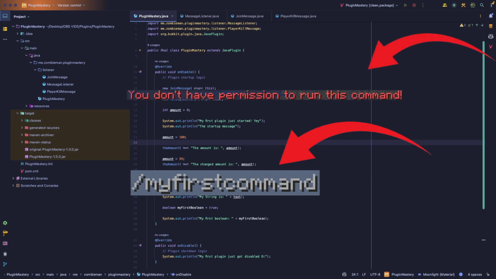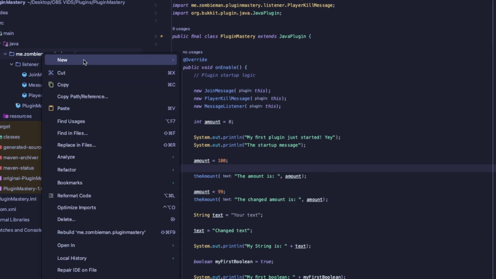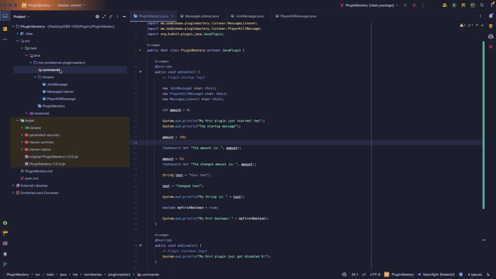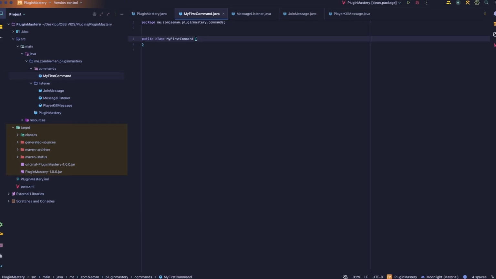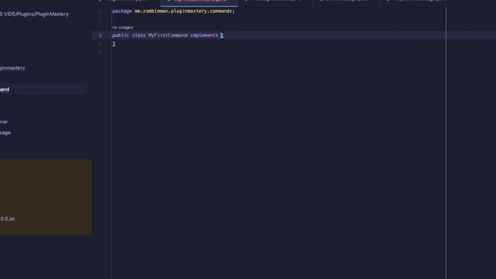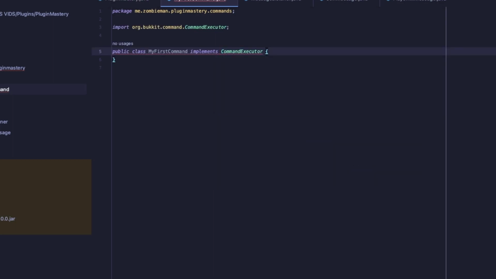So let's begin. First off, you go to the left side and create a new package, call it commands. In here you create a new Java class, you call it whatever you want. I'm just gonna call it MyFirstCommand. Okay. In here you type implements CommandExecutor, okay? Then you do private final